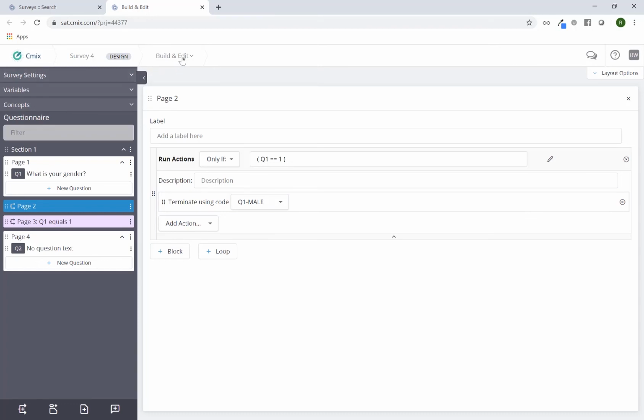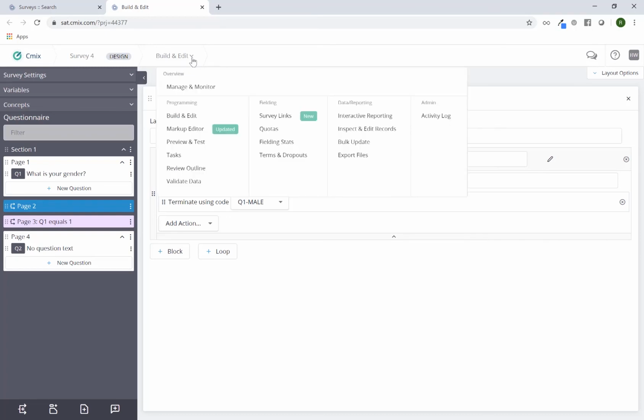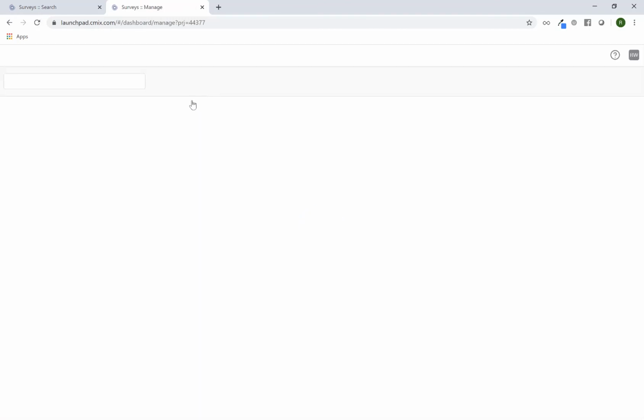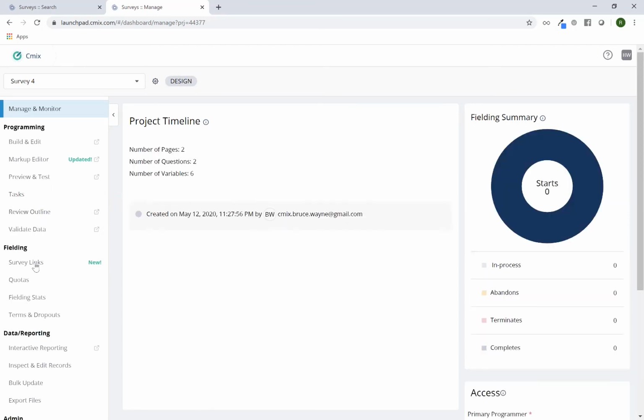I can click on the words build and edit at the top. You can see there's an arrow going down because this is a similar menu that you've seen throughout the system so far. If I click on here, here is that menu. I'll go to Manage and Monitor just to go back to the survey dashboard. And if I go to the terms and dropouts in the fielding area,